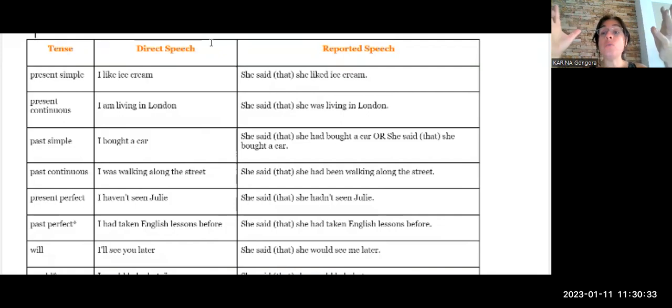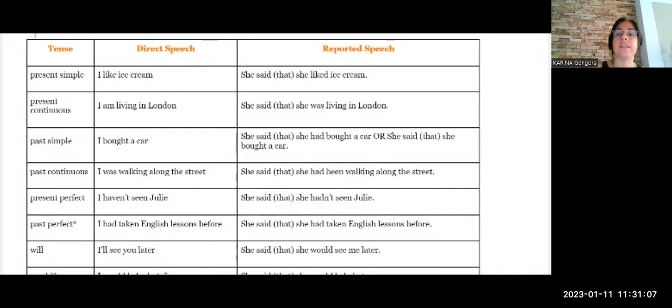But when you talk to your mother or whoever, you are not going to say, Miss Karina said, "I like ice cream," right? Because not even in Spanish you would say that. Ni siquiera en castellano lo diríamos, right? We would say, Miss Karina dijo que le gustaba el helado. So it is another tense, right? In Spanish or in English. It is another tense. You have to go backwards, right? This has a name and it is called back shift.